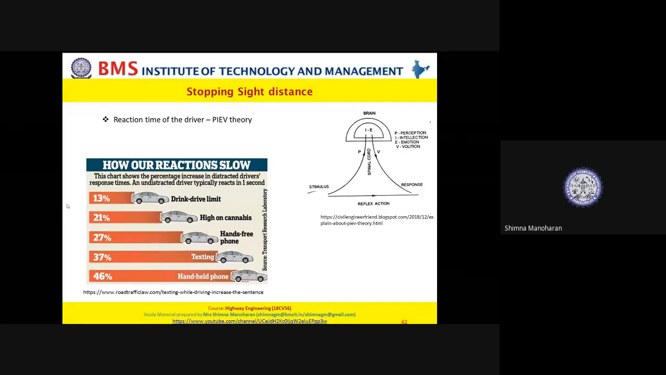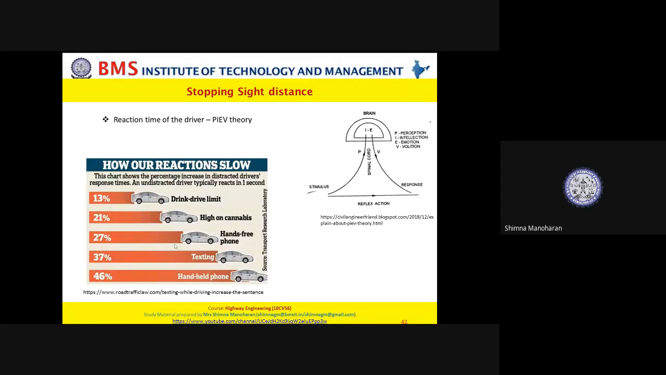So now how will a reaction time get low? This is typical data collected by the Transport Research Laboratory. Usually what we have seen in IRC, they give 2.5 seconds, but an undistracted driver, that is, there is no distraction and the driver is concentrated only on driving, will mostly take only about 1 second. But if there is some distraction, 13% of the time the increase is due to drink drive limit,